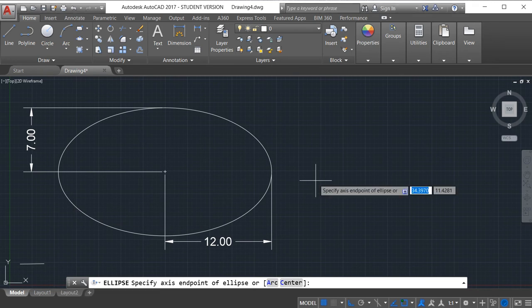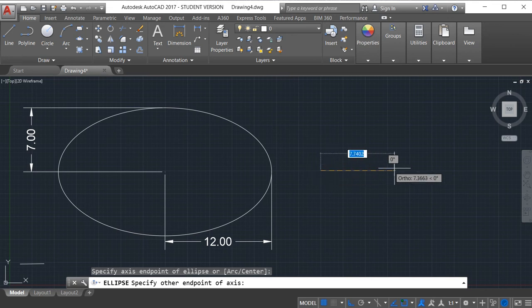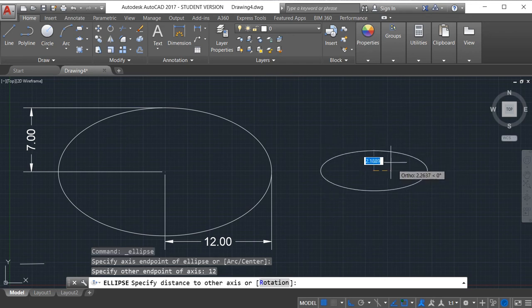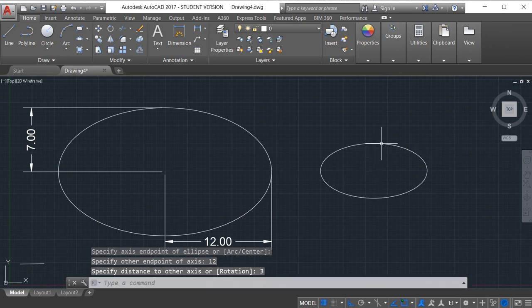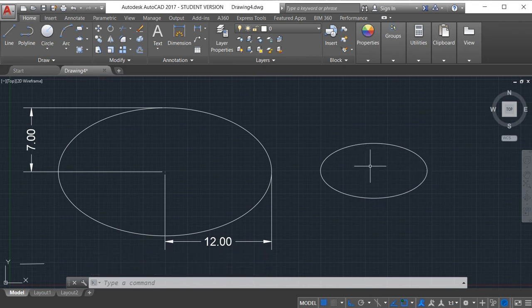In this we have to specify, suppose I am going to specify the first point, then I have to specify the second point. Suppose I will give the distance as 12. Enter. And then I have to give the vertical distance. Suppose I will give it as 3. Enter. So this will be my ellipse by using end to end distance and vertical distance.